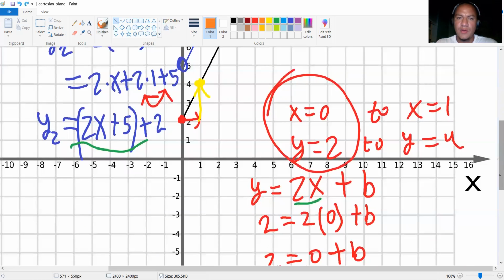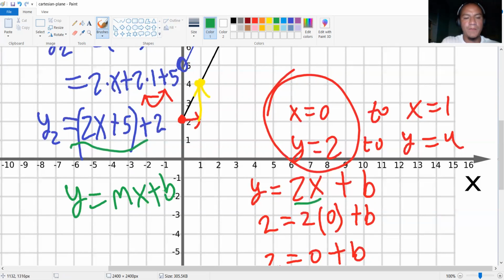This will work for any number. That's why instead of 2, we write, as I showed in the beginning, y equals mx plus b, where m is the slope and b is just where the line touches the y-axis, which is that. B isn't really important, but m is. M is the slope, which determines how fast the line is rising. Like this, a line that goes like this has a really high slope. Now it's kind of flat, so it's 0 slope. And then it'll be going down, which has negative slope.